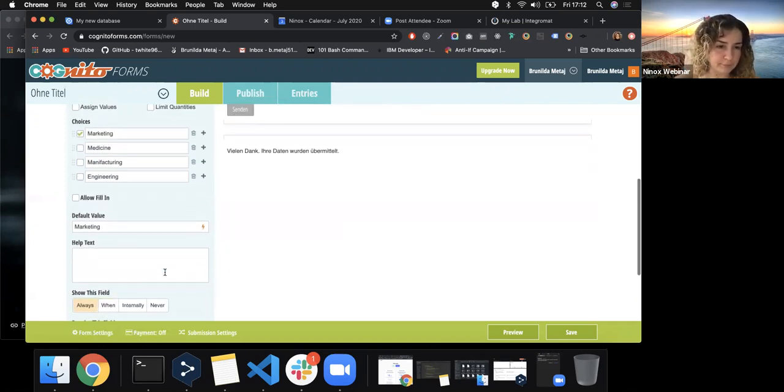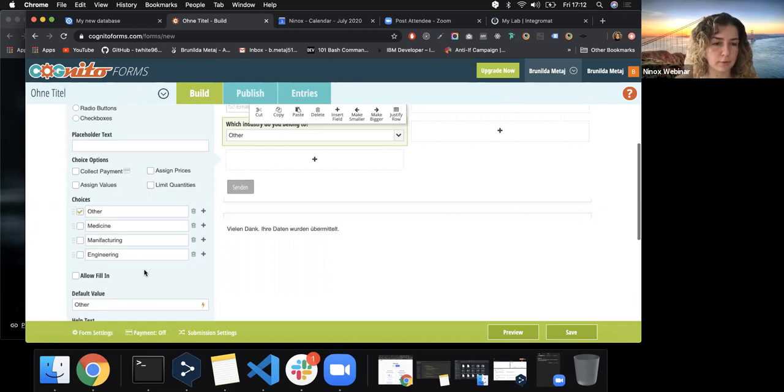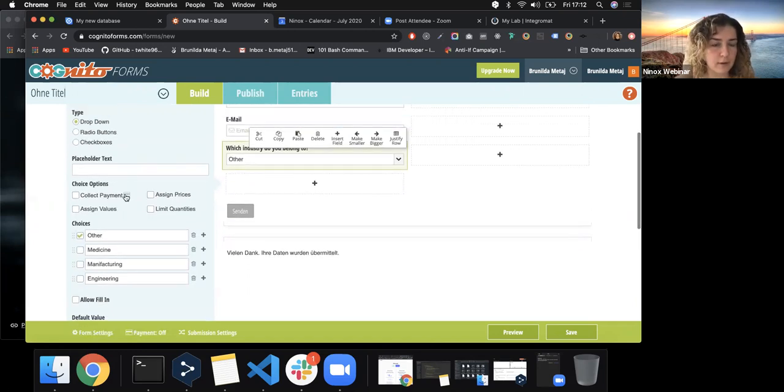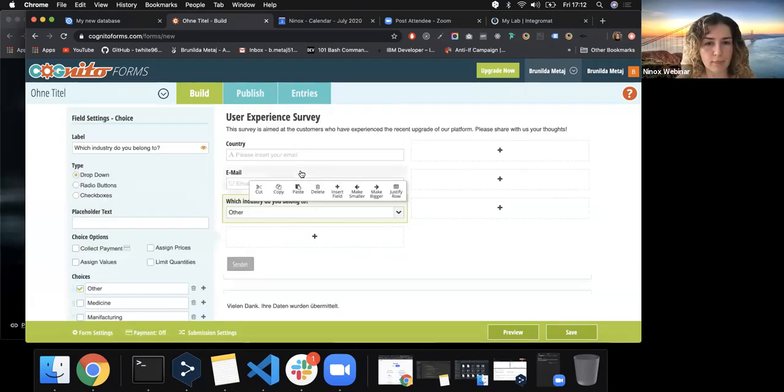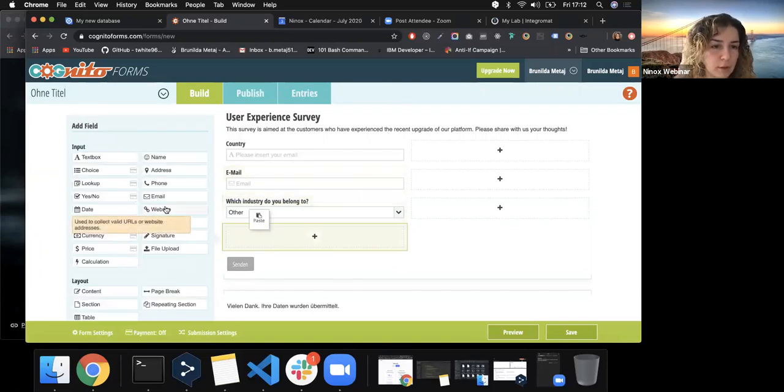So we have these values. We can put other here just in case, and let's add another one. So we created industry type. We have an email type, we have a country type,